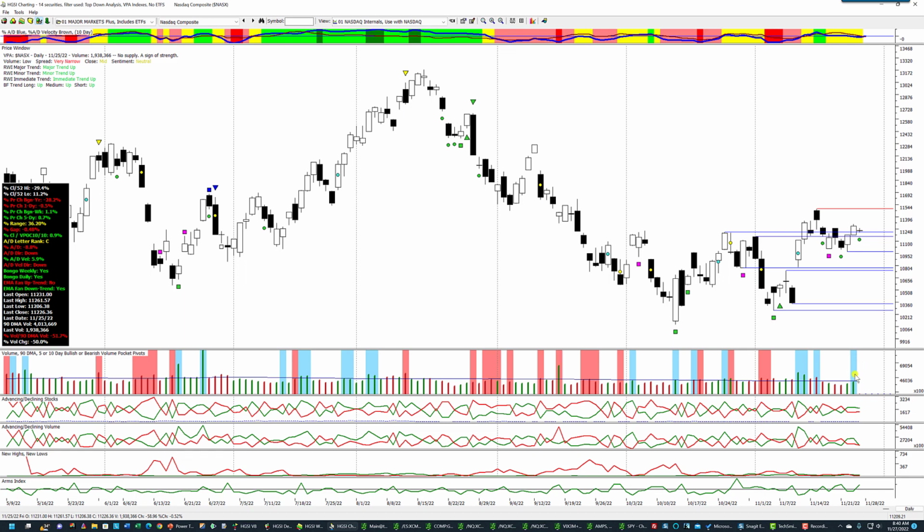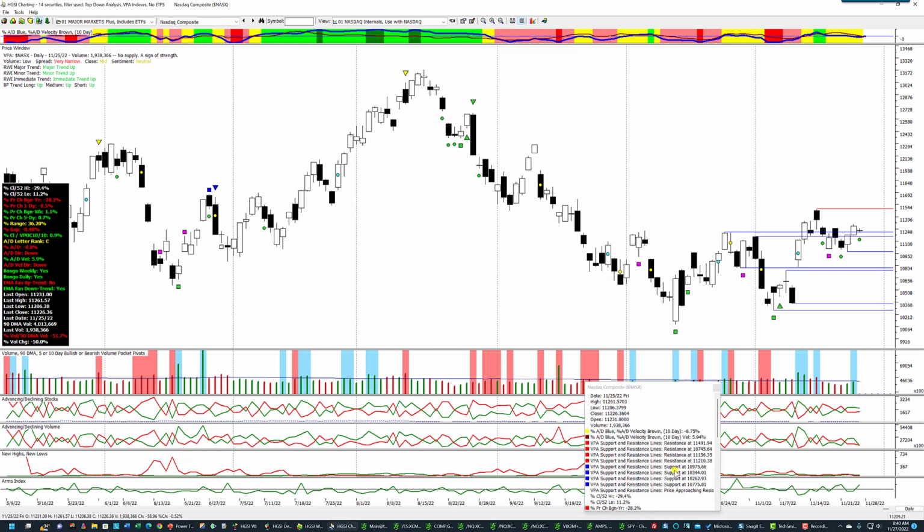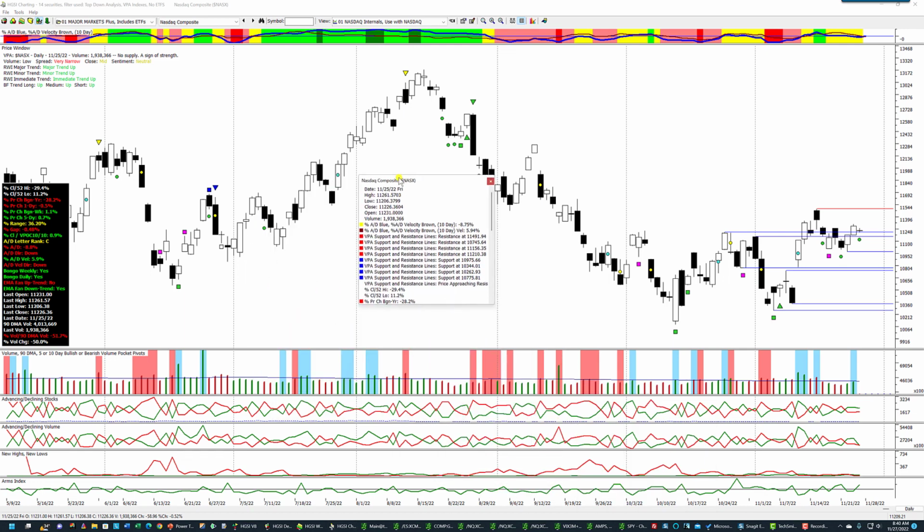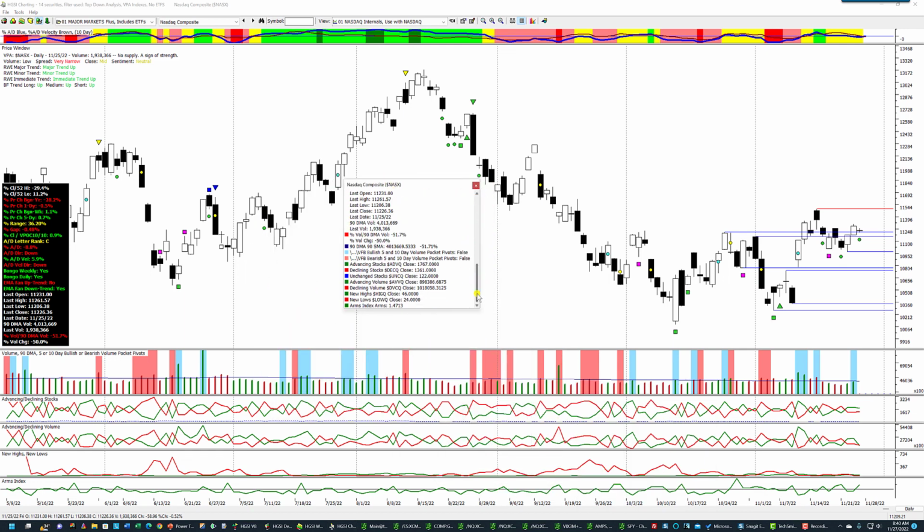Now this is from Wednesday. It was a pretty good volume day. This is the information down here. If I use the alternate I key, it brings this window up, and now I can scroll down here, and this information here,